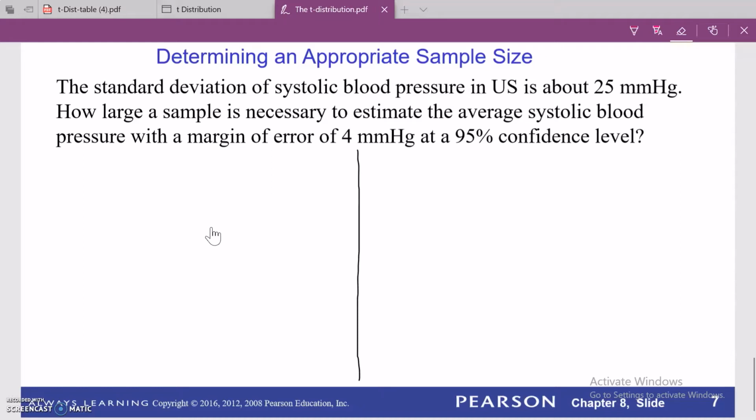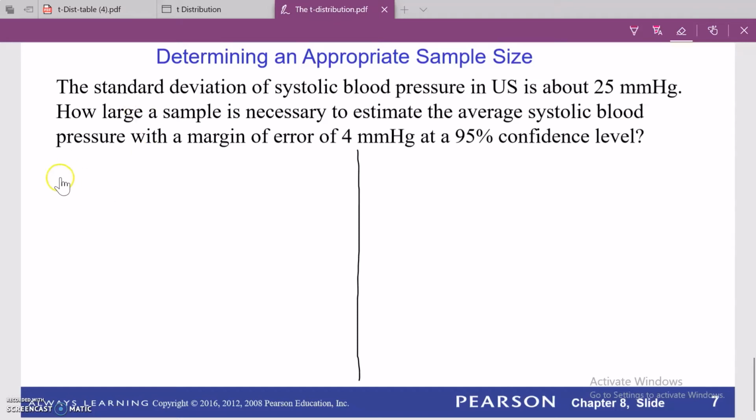Deciding how large the sample size should be is usually the first step in doing any statistical study. If you collect too little sample, that's not good, and if you collect too many sample elements, you're wasting your resources and energy. If you know the margin of error in advance and the confidence level you want, then you can find the minimum number of sample elements needed for that particular study.